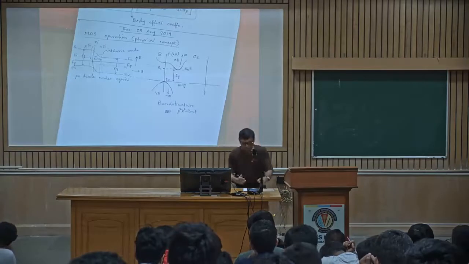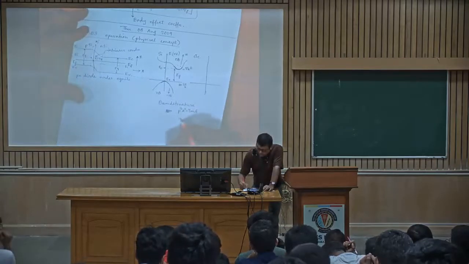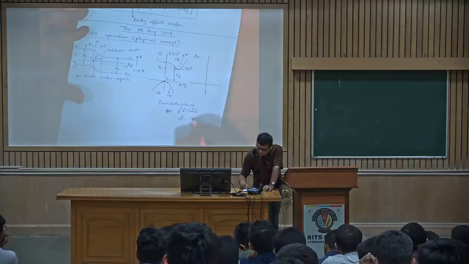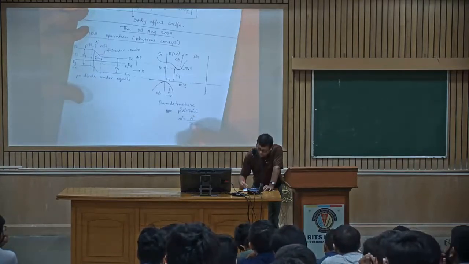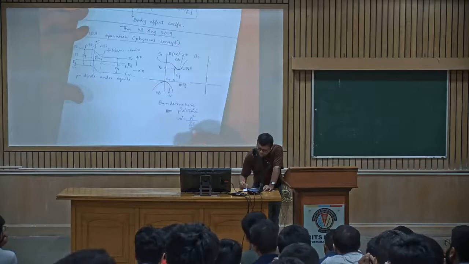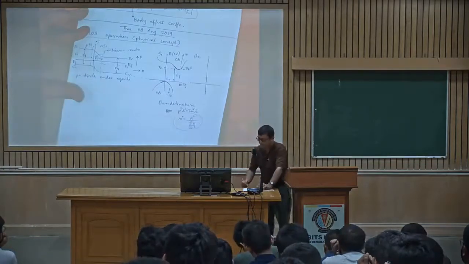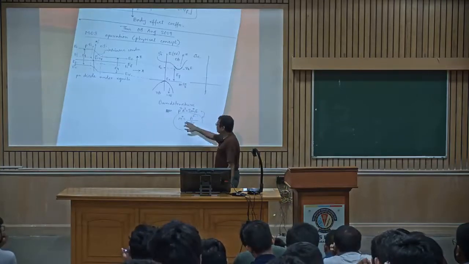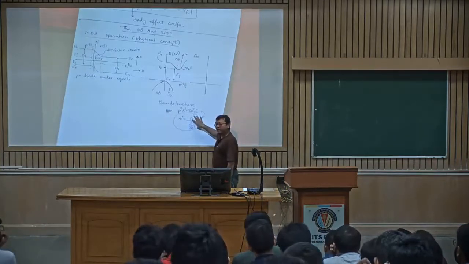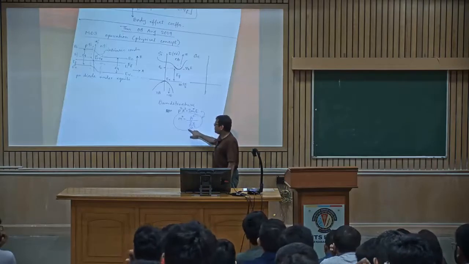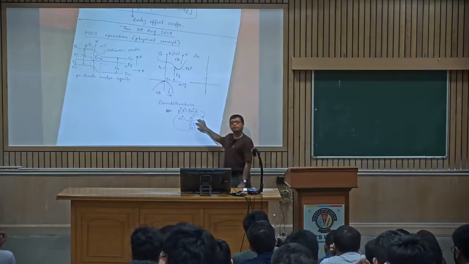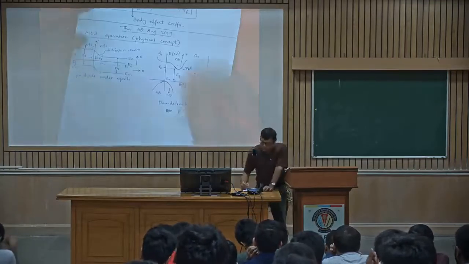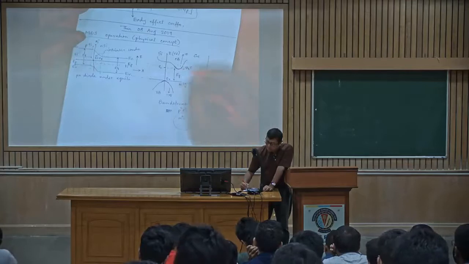So here, what are we going to do? You can notice that instead of m, let us put m star, which comes out to be h cross square over del 2E del k square. From here you can directly take the two derivatives and you will reach there. Once you have this, what does it mean? It is inversely proportional to the curvature.